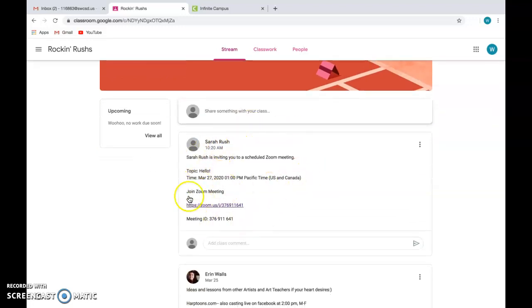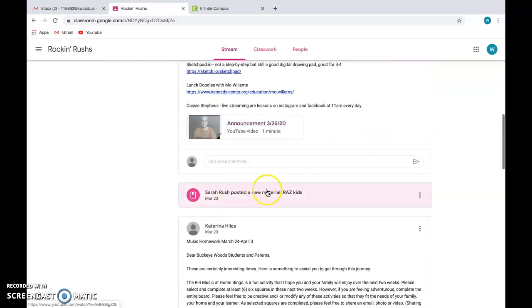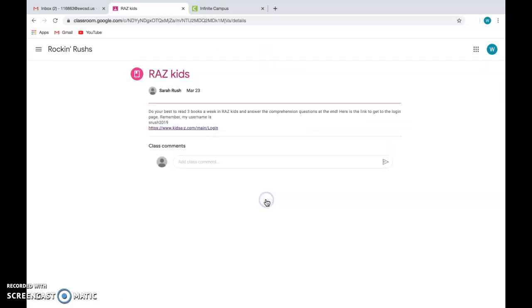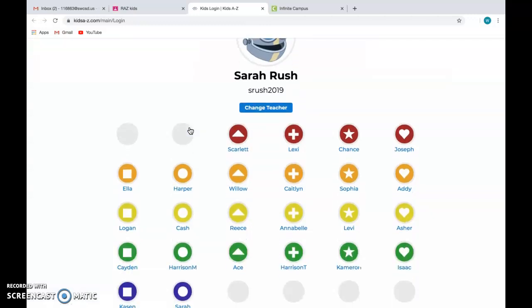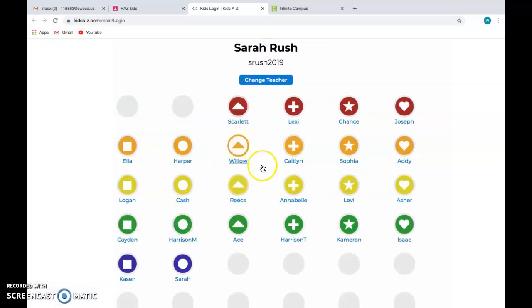Here's the Zoom link that I posted. And then here's the Raz Kids link. And then if I go in here and I click on the link, you should be able to get to this screen. And then when I click on Willow's name,